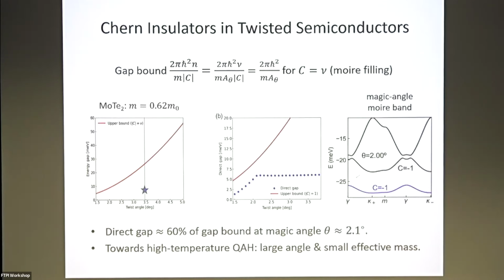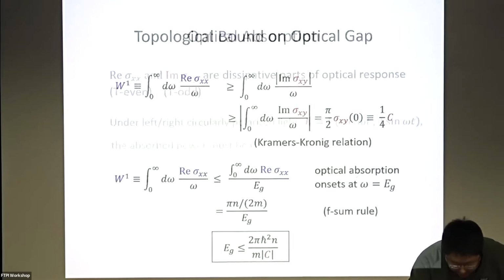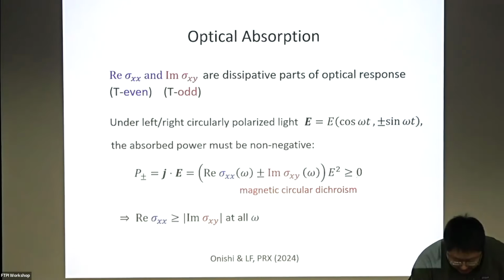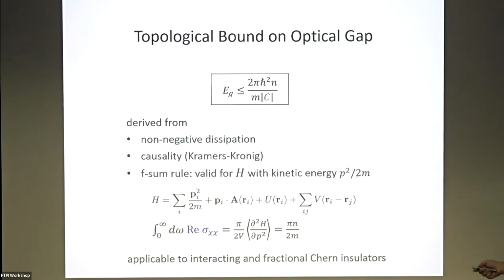The derivation of the f-sum rule relies on the fact that the interaction is of the density type, so current does not couple to the density, and therefore we have a universal relation. But what if the vertex is renormalized by the Berry curvature? This is an excellent question. That's why we have to be careful when we talk about the f-sum rule. Just as you said, the f-sum rule holds when you don't have an additional p-squared term in the Hamiltonian. The p-squared term only enters the energy.